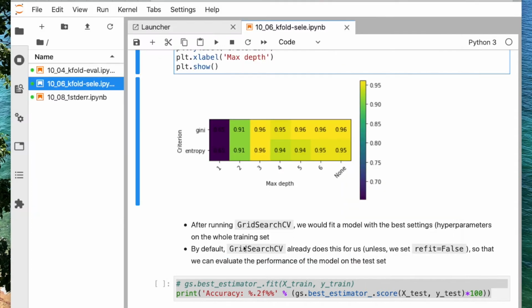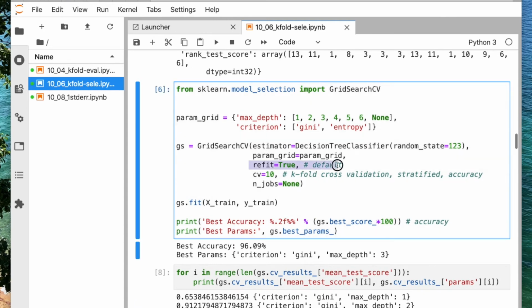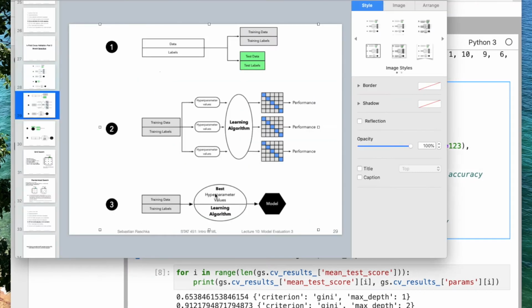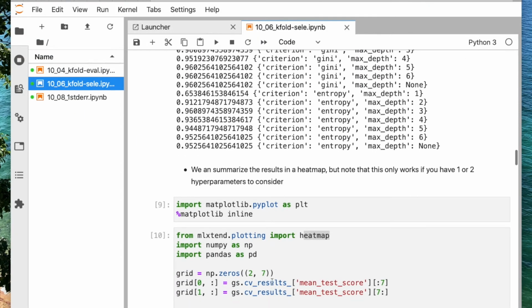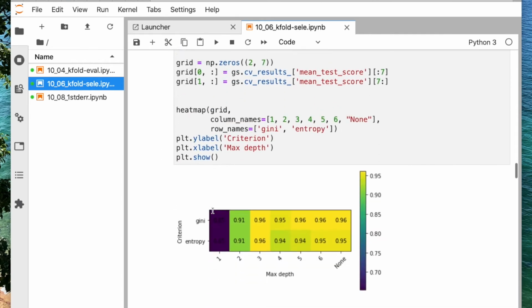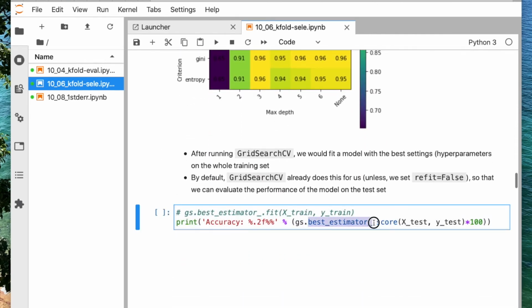But in practice, we actually don't have to do that, because grid search does it already for us, unless we set refit=False. So refit=True will already automatically carry out step 3 here, so we don't have to do it ourselves. And the best model will be available via the attribute best_estimator_.